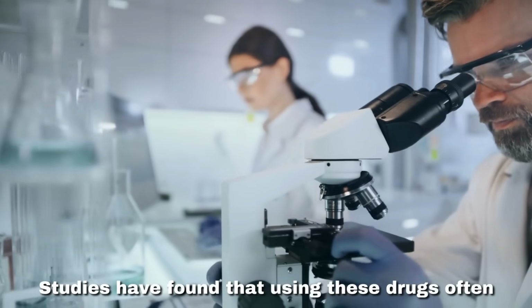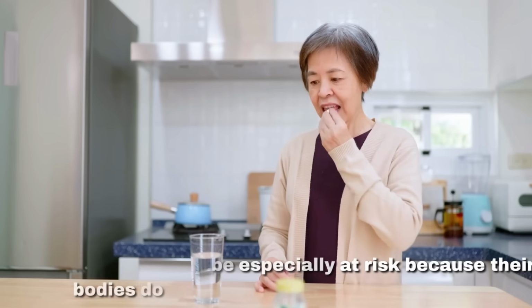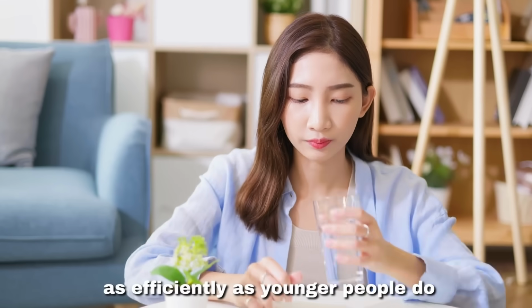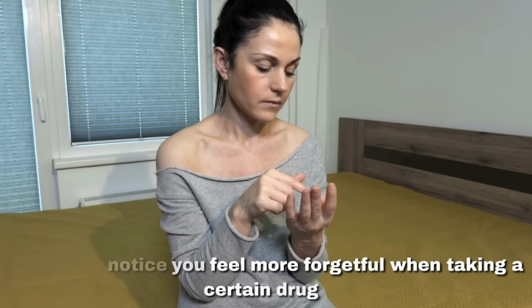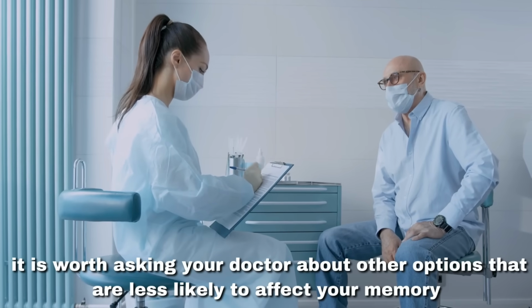Studies have found that using these drugs often, or in higher doses, can lead to memory issues over time. Older adults seem to be especially at risk because their bodies do not break down the medicine as efficiently as younger people do. If you see words like anticholinergic on a medication label, or if you notice you feel more forgetful when taking a certain drug, it is worth asking your doctor about other options that are less likely to